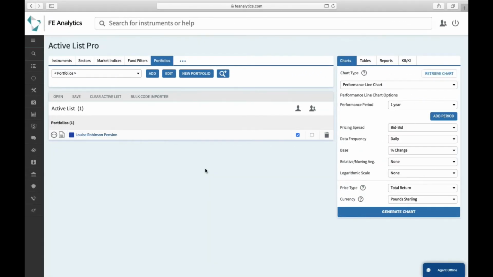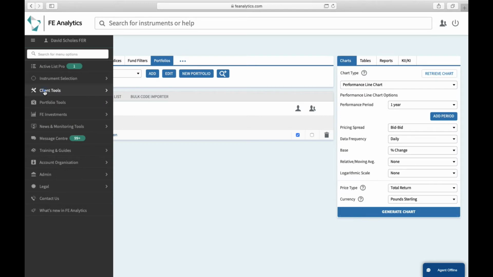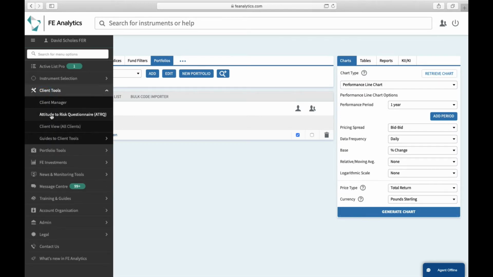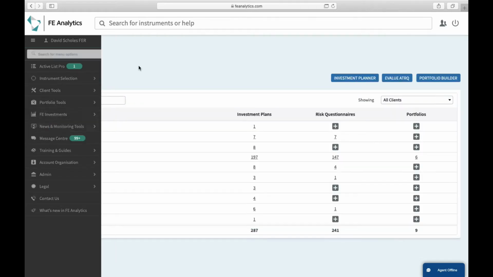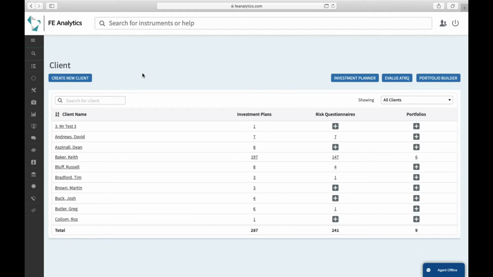Now back on the main screen, I want to create an ATRQ for Louise. So on the left-hand side, again, go back to Client Tools. This is an old attitude to risk questionnaire we have on the system, so ignore that. Most people now won't have that version. They'll be on the new version, the investment planner. So you'll have Client Manager and Client View, all clients. So if you click on this one here, it flips the screen and allows you to start creating risk profiles